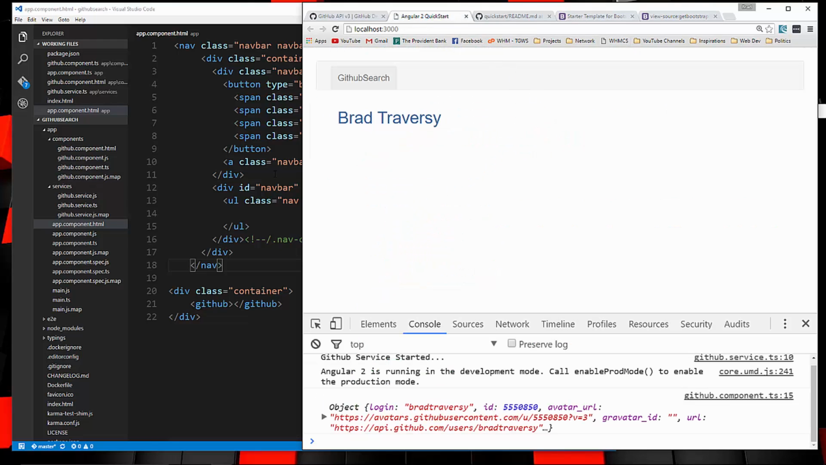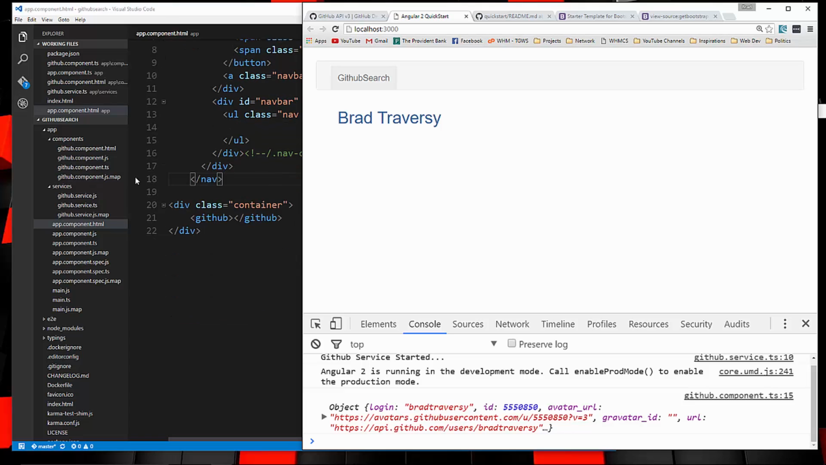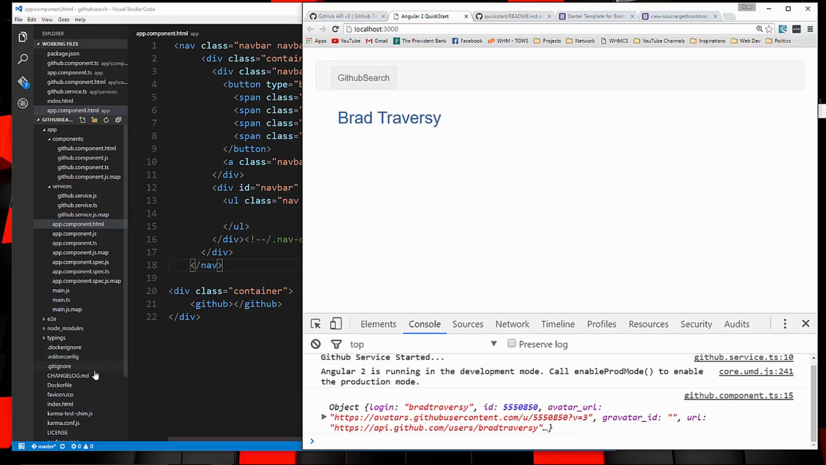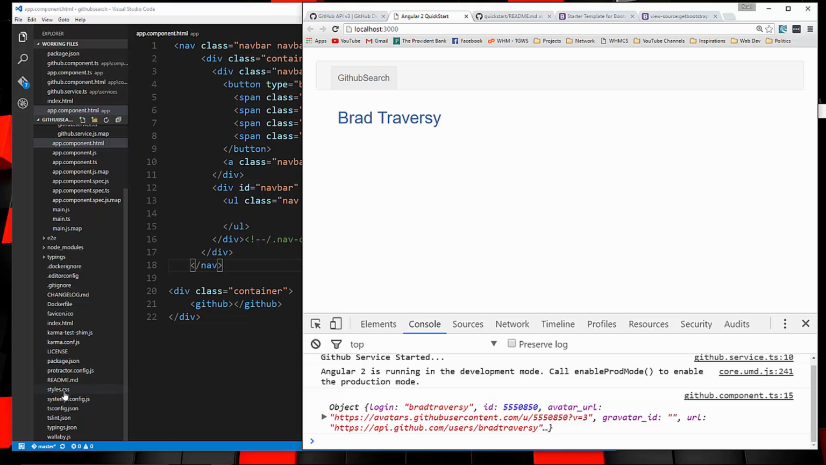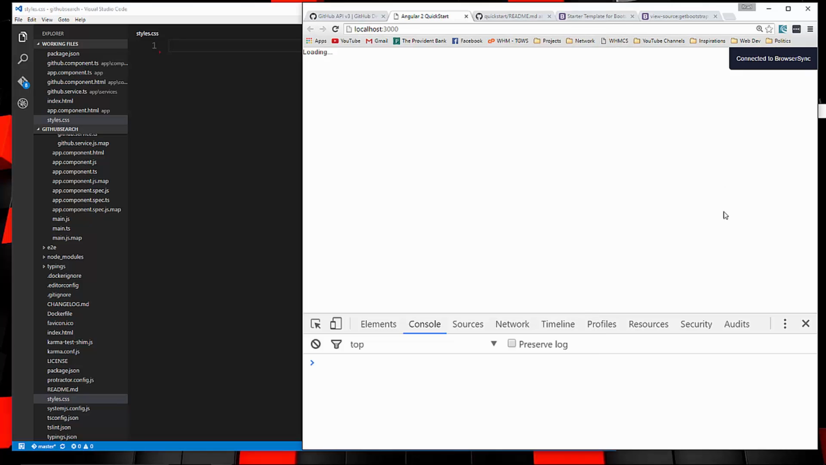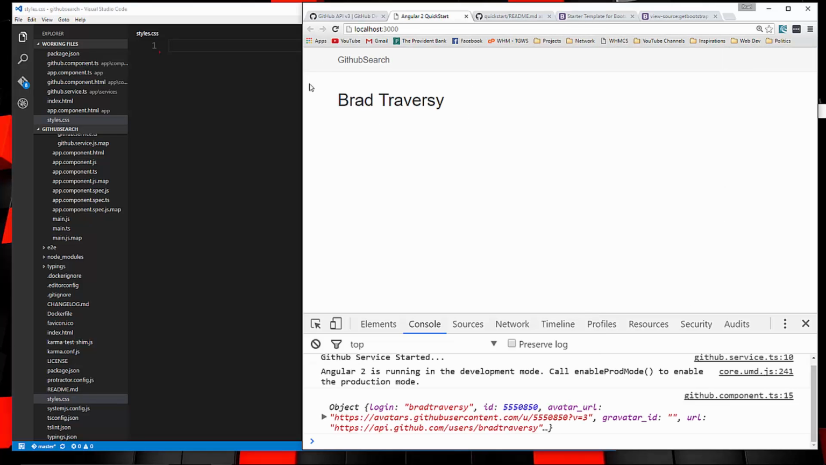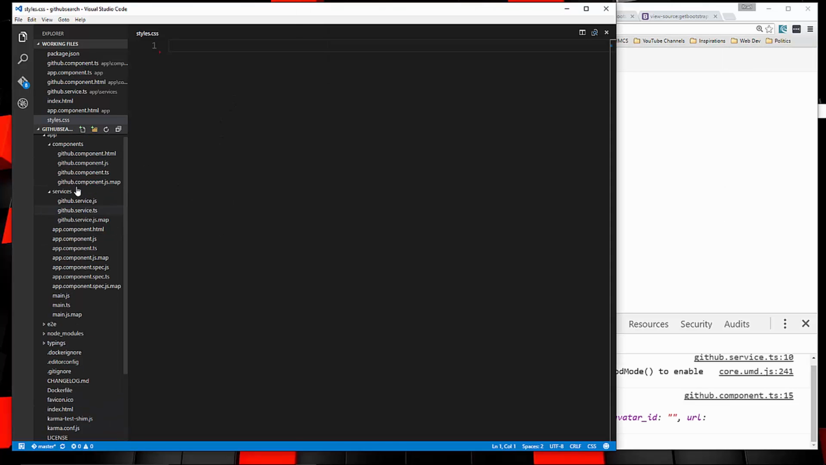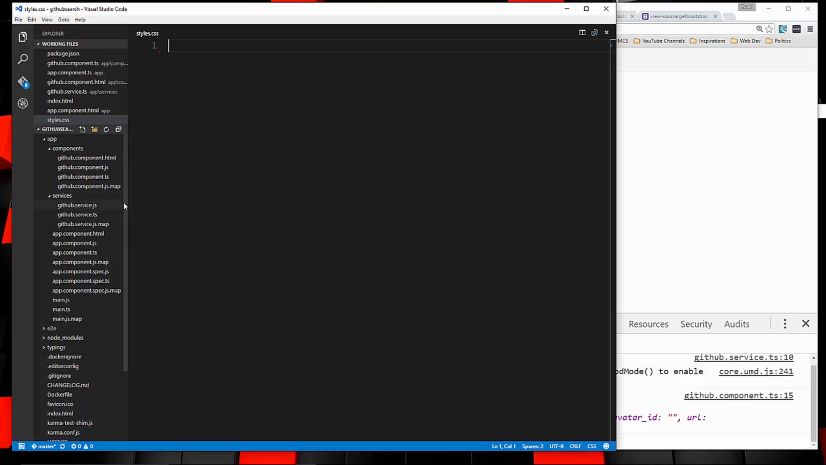And okay, so that doesn't look right. And I think it's because we have a style sheet included in Angular. Down here we have styles.css. I'm going to just get rid of everything in there and save it. Alright, so now we have a normal nav bar. Okay, so let's go